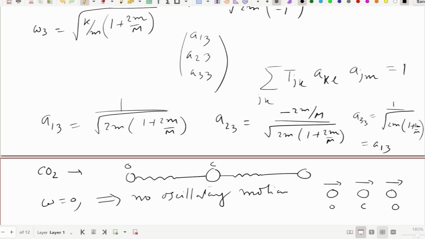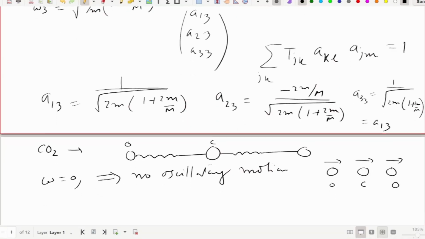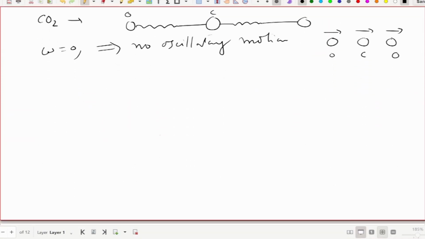So, omega equal to 0 corresponds to translational motion, where all the atoms shift with equal amplitude in the same direction. Okay. Now we will also see the physical meaning of the other two frequencies. So, omega 2,